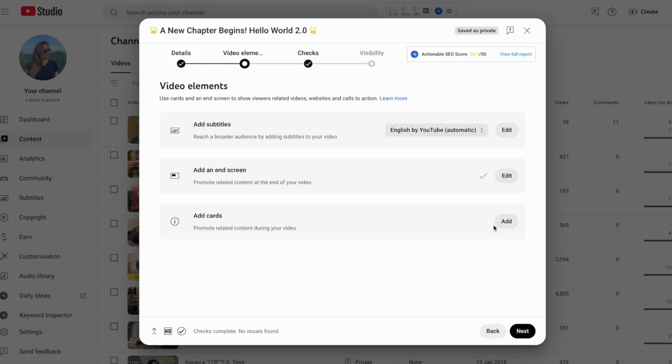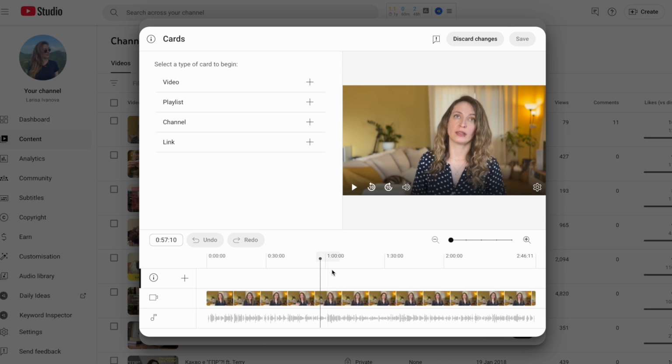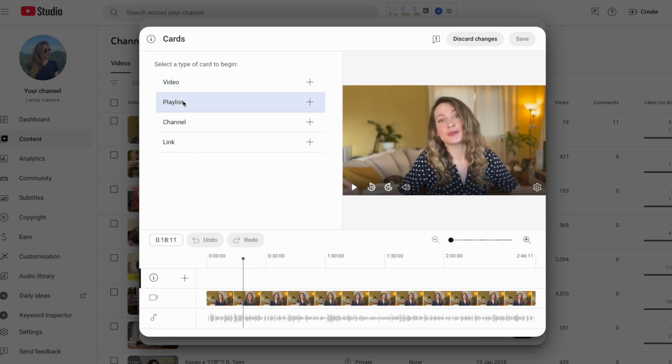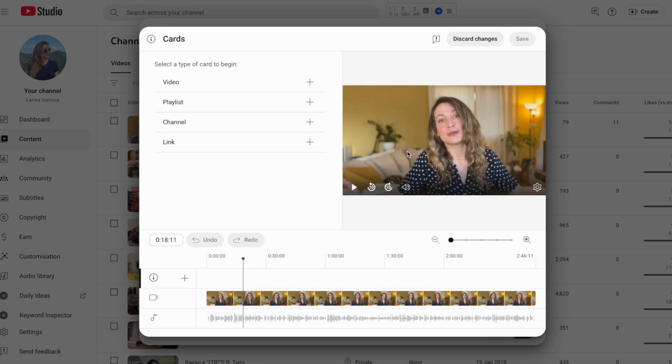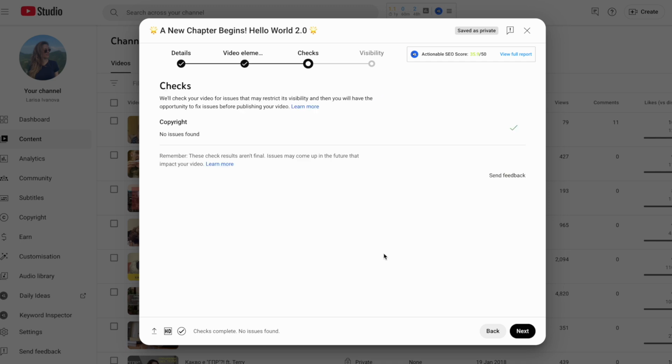As this is the first video you upload, this option may not be available, but just for the sake of it, this is an option that gives you the opportunity to add a specific video as a link at a specific moment in your video. If you have enough subscribers, there can be an option of adding a custom link to it. But really be careful with it, because the misuse of this feature may get you wiped out of YouTube. I'm going to leave it only with the end screen at the moment, and let's go to the next step,